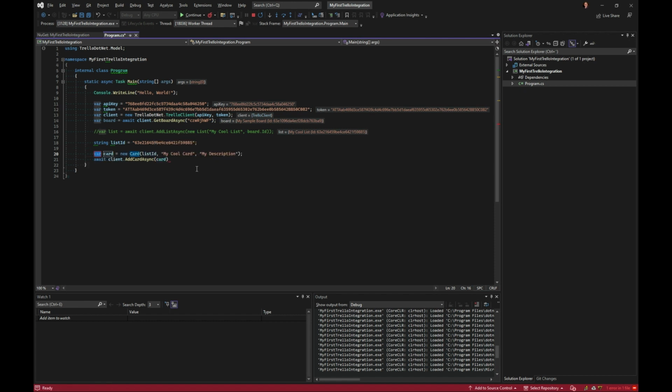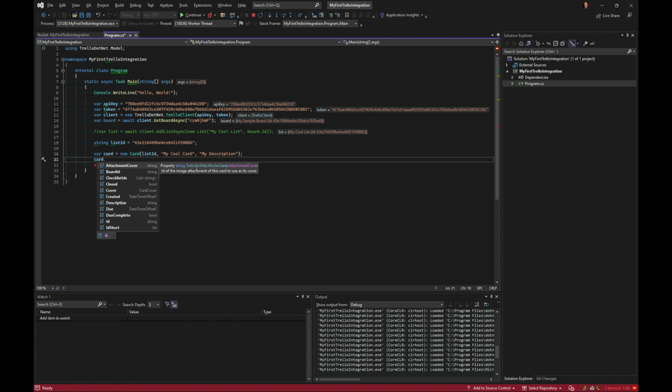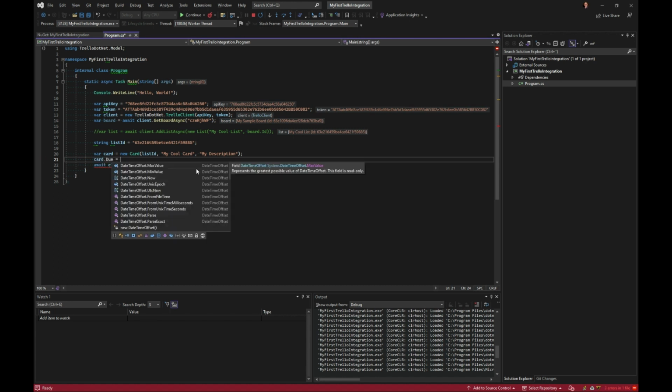Take this piece of code and make it into an object here. And in here we can see there's various different things that we can set. For example, if we want a due date, that it should be due today. The dates are all in UTC time, so it's date time offset instead of just date time.